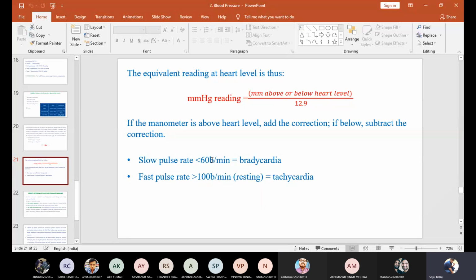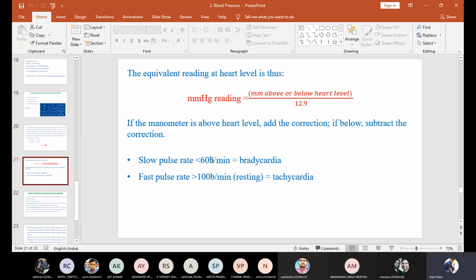Till now you have completed your indirect measurement of blood pressure. This is the complete part of the indirect method of measuring blood pressure. In the indirect method, you have two meters: one is the analog sphygmomanometer and one is the digital sphygmomanometer. I explained how the analog sphygmomanometer works and how the digital sphygmomanometer works,